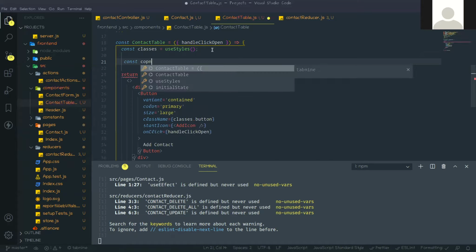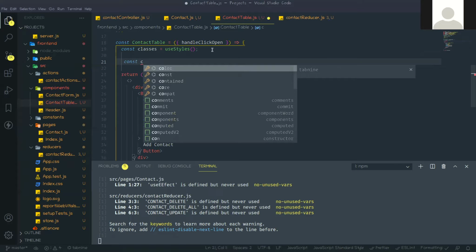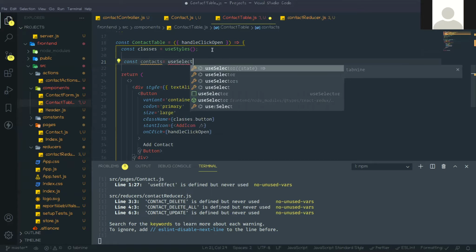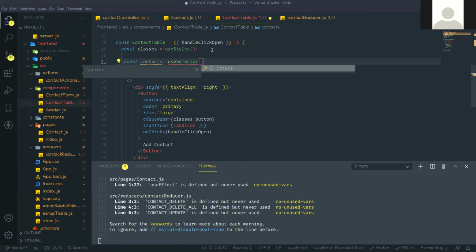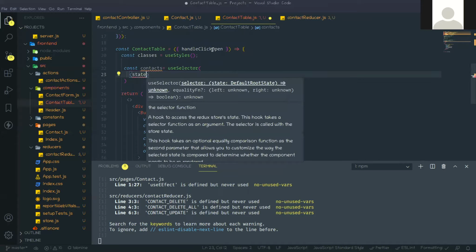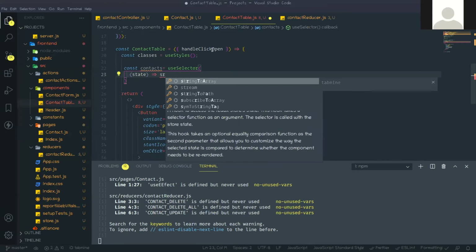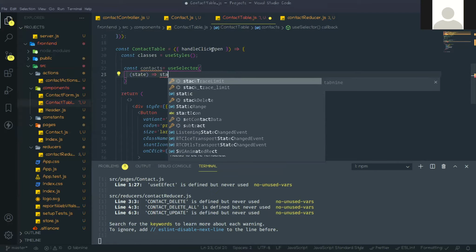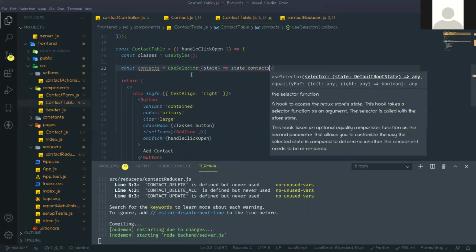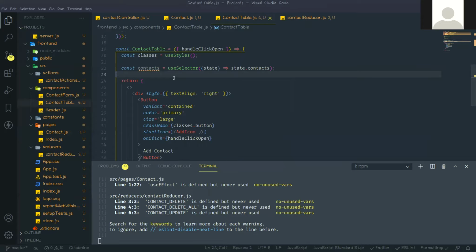So const contacts equal to useSelector, then state, and we need state.contact, meaning that contact state. So when useEffect happens, that time the fetch contact action will occur.